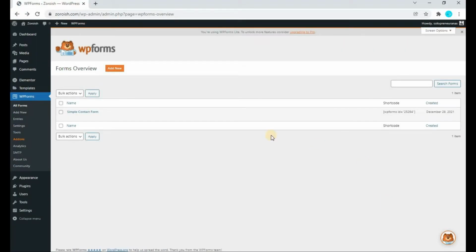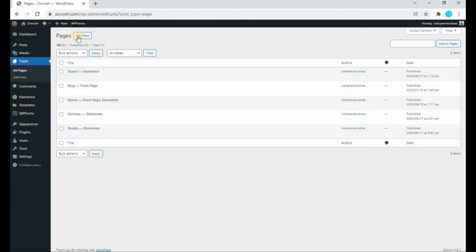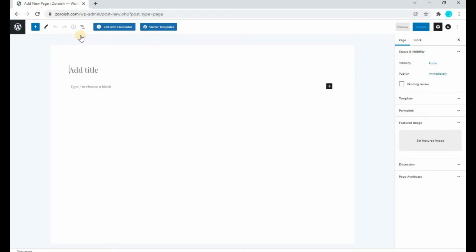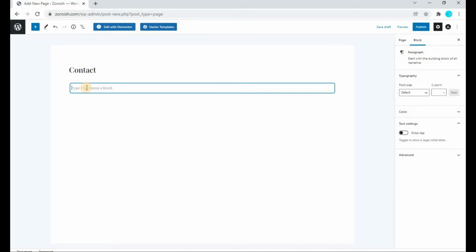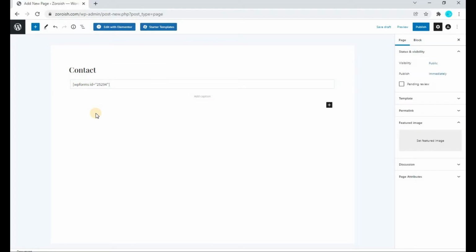Now as you can see over here, this is a contact form. Now the shortcode, which is this one, you have to simply copy this shortcode. So once it is copied, all you have to do is simply come to the pages section and click on add new to make a contact page. We are going to create a new contact page. For this, you can name this page contact, and then what you have to do is simply paste that code which you have copied. Okay, you have to paste it over here. So once you are done, all you have to do is simply click on the publish button.